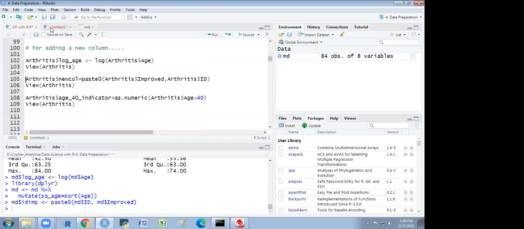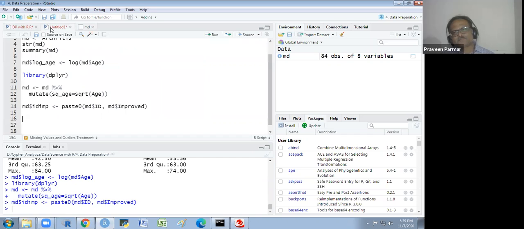Now I want one more variable. In that variable, I want to indicate the patient's age less than 40 should be yes, and the patient age equal to or more than 40 should be false. That way I want it. So MD dollar patient age 40, I am writing the name,